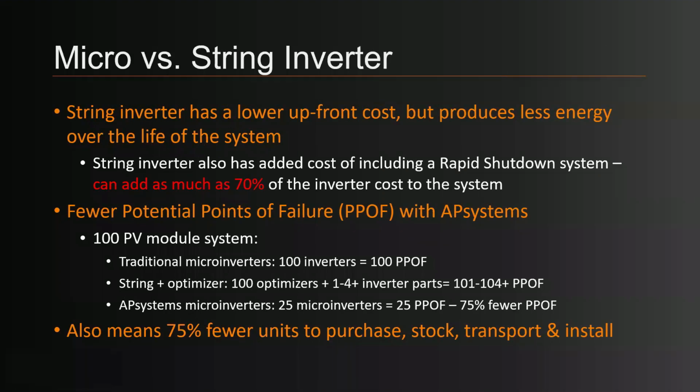So let's cover a microinverter versus a string inverter. Typically a string inverter has a lower upfront cost, but unfortunately produces less energy over the life of the system. You also have, with a string inverter, the requirement to add a rapid shutdown system if it's a rooftop installation. The rapid shutdown systems, from what we're seeing, can add 50 to as much as 70% of the inverter